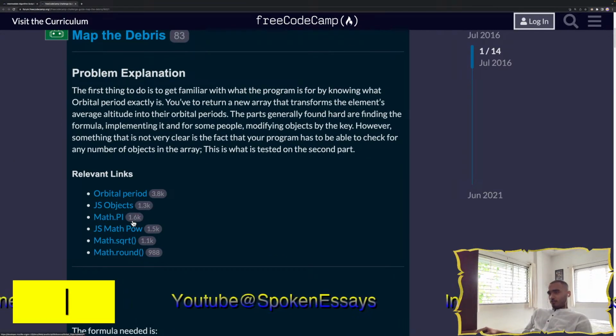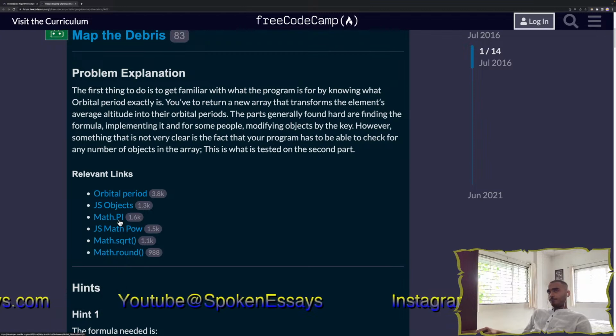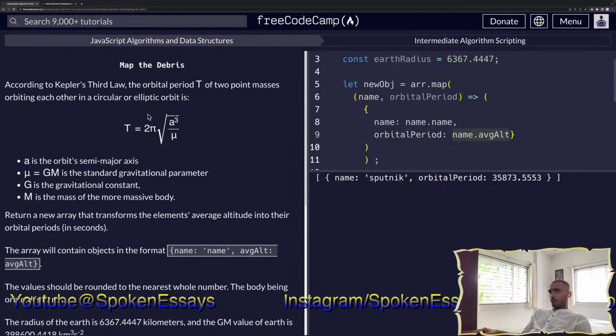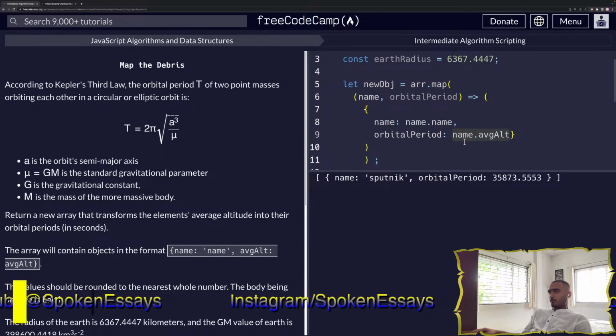Orbital period, JS objects, math.py. Oh yeah, we need pi, don't we? Oh yeah, okay, let's try this. So